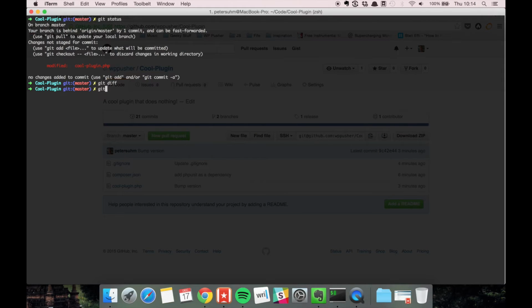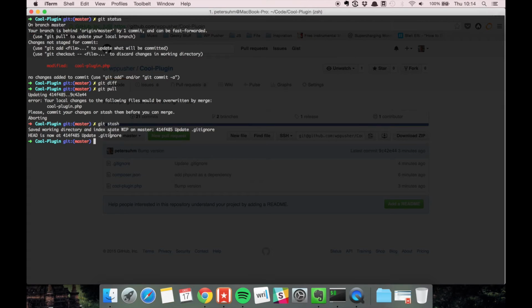So if I just run git pull, it won't work. We're going to get an error message because it doesn't know how to merge those changes. So it says here, please commit your changes or stash them. And the line I added is not really ready to be committed. So I just want to stash it, and then I want to pull, and then I want to take it from there. So if you run git stash,